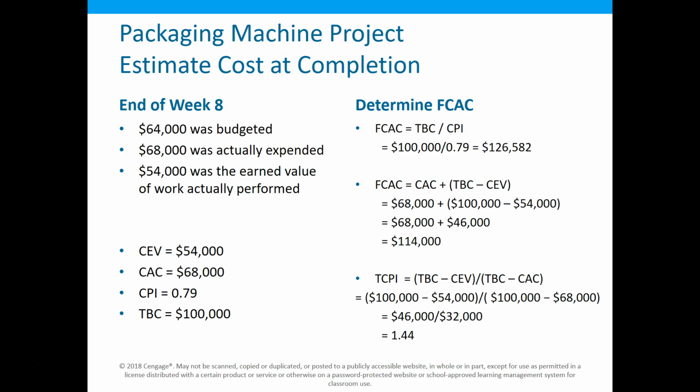So, this one I think is going to be unrealistic, because what that's saying, magically we're going to go from 0.79 efficiency or cost CPI to a CPI of 1 in week 9, and we're going to finish out the project. Now, this is the one your boss wants to hear, though. All right, we've been behind. I yelled at all the employees, and suddenly we're going to do everything on time. That's the one they would like to hear. It's not very realistic, in my opinion.